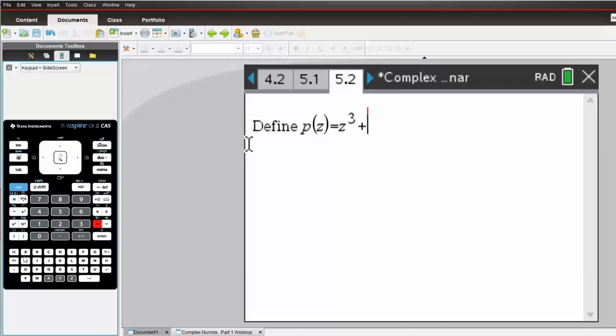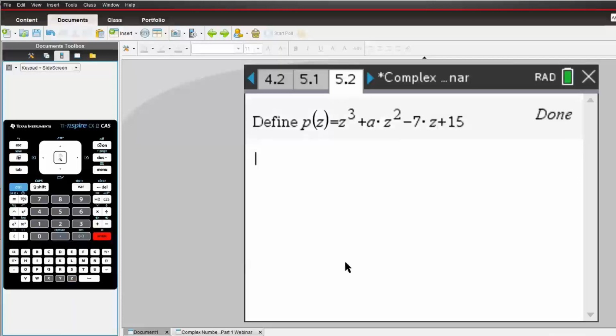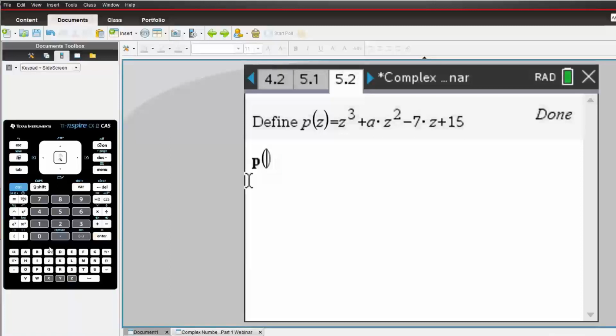plus a, and remember whenever you have a pronumeral, always put times z squared minus 7z plus 15. So I have defined this polynomial. Now I can find, again, as you see, I have p, and I know that the polynomial at 2 plus i